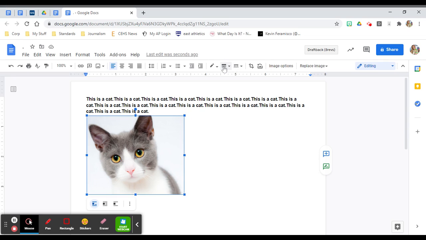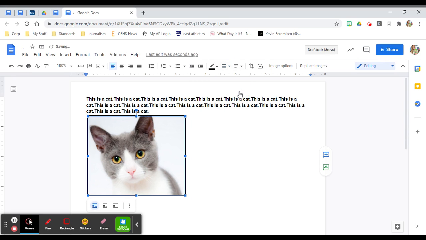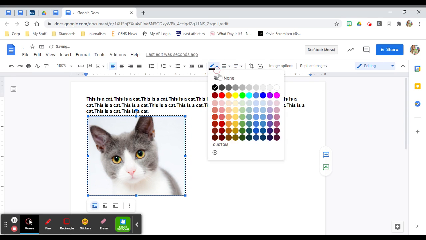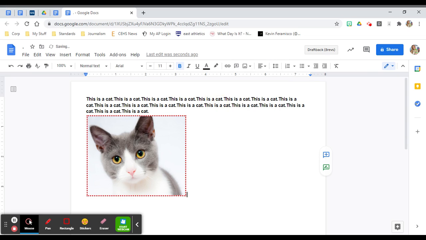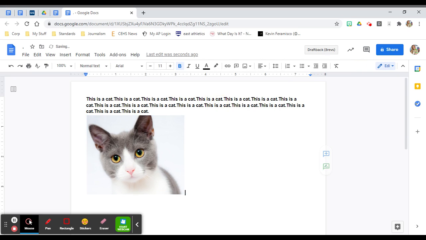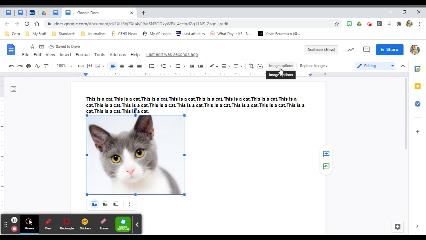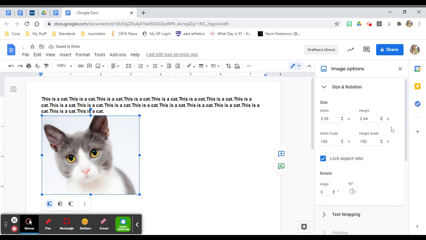And then the other thing you can do is add a border, even give it a style and a color, just like with tables if you choose to. Additionally, if you click on image options, you get some